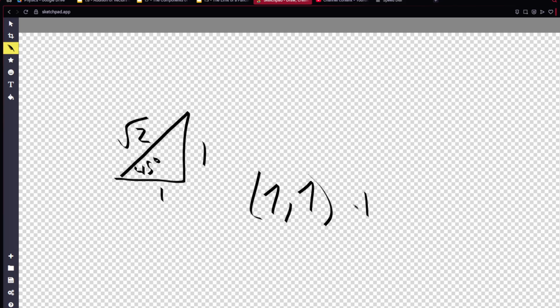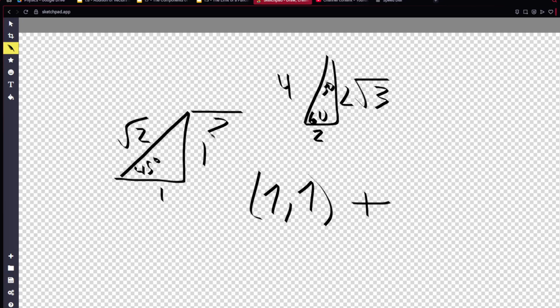So that means we can add the other vector, and let's say the other vector is going to be a 30, 60, 90 triangle. That doesn't look anything like a 30, 60, 90 triangle. 60, 30. We can denote this as 2, 4, 2 square root 3. So instead of adding 4 and adding 4 here at an angle of 60 degrees, instead we can just add these 2 points. So we'll just add 2 square root 3 here. And doing so, we can extrapolate this to 1 plus 2 and square root 3 plus